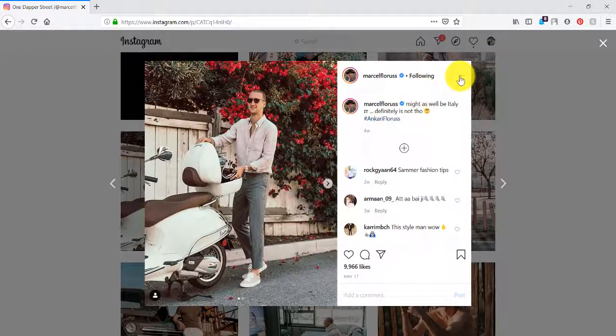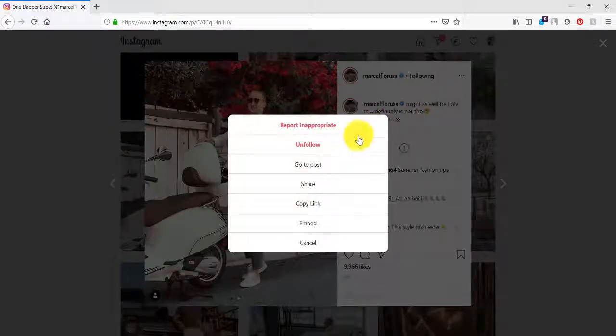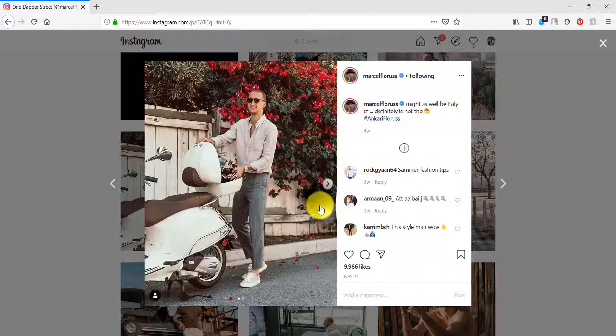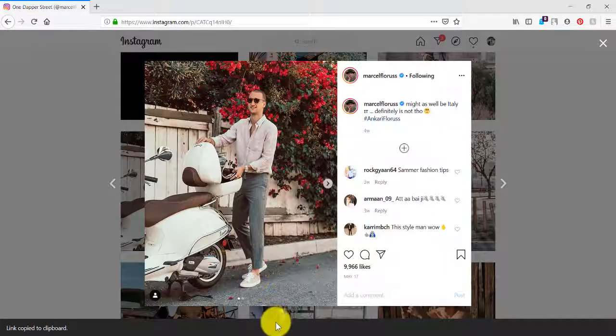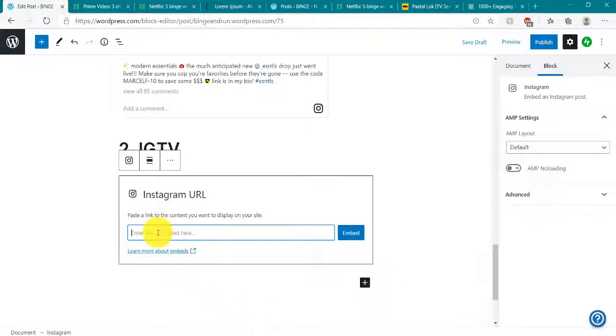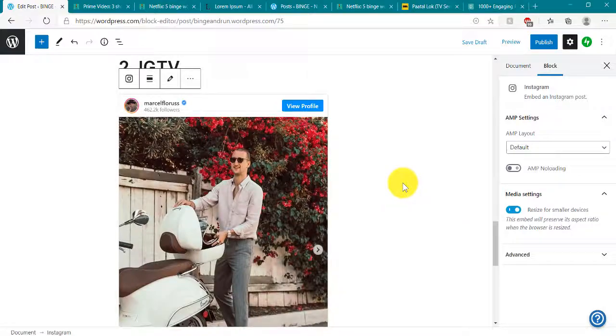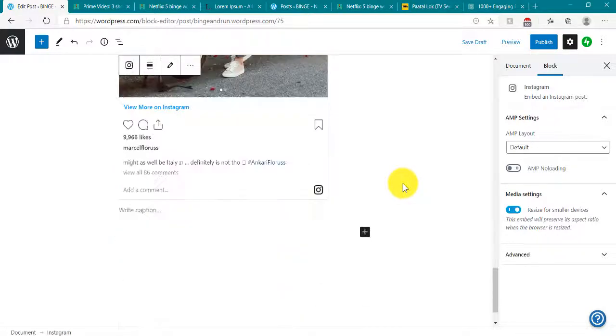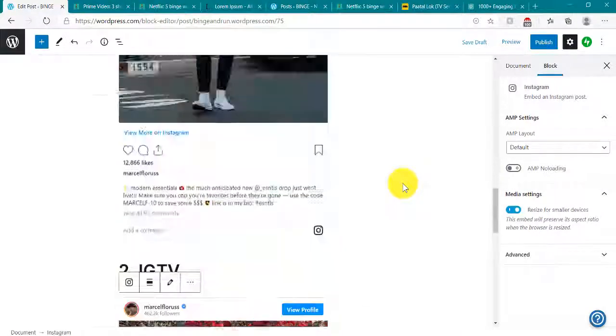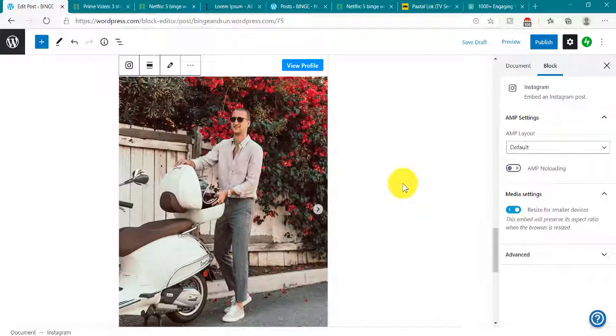Okay, you click on that and you get all these different options. So click on copy link here. Okay, and then let's go back and paste it here and click on embed, and that's done. So that is how you add an Instagram post to your account as well.